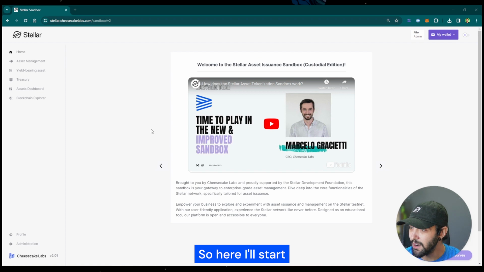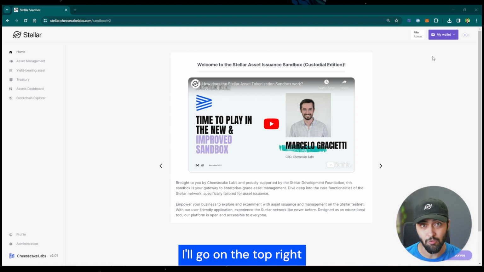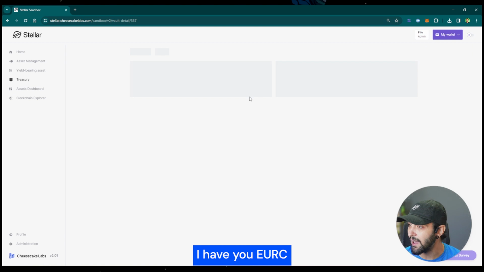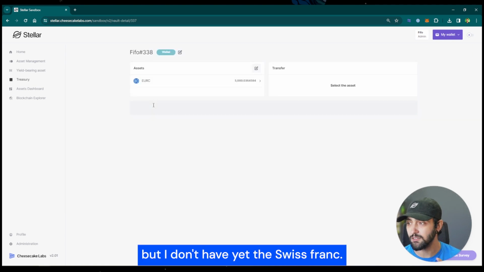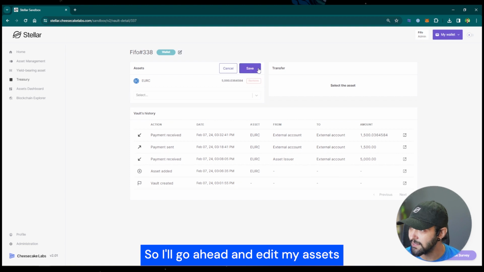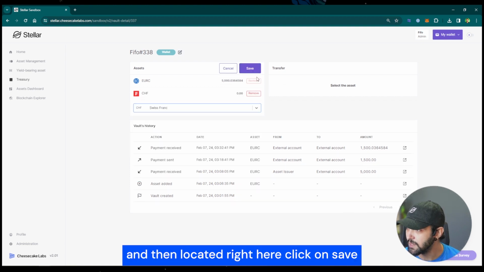Alright, so here I'll start by exemplifying a user adding the asset to their account. I'll go on the top right and I'll click on my wallet. Here you can see I have EURC, but I don't have yet the Swiss franc. So I'll go ahead and edit my assets and include the Swiss franc. So let me locate it right here, click on save,